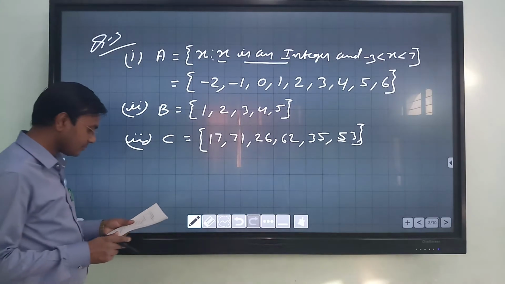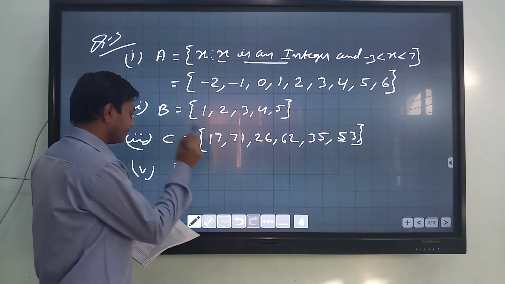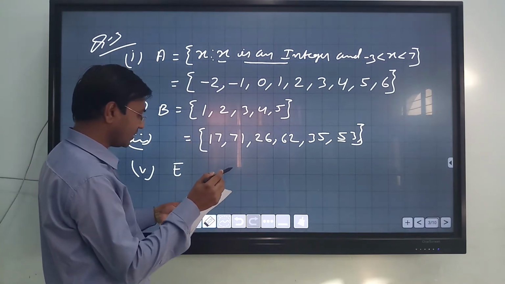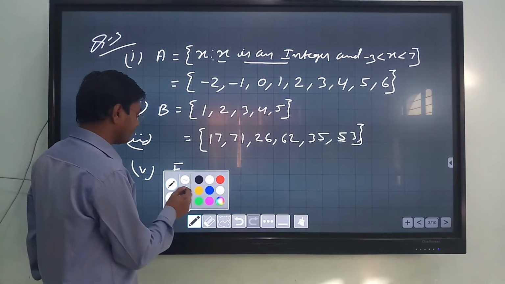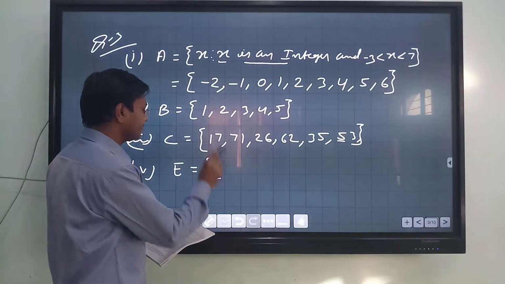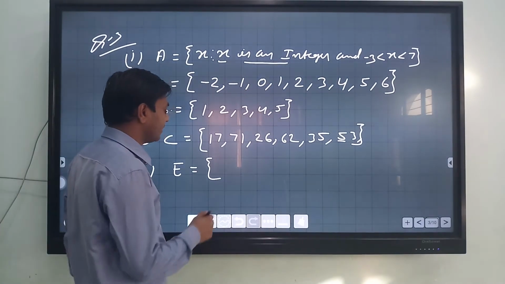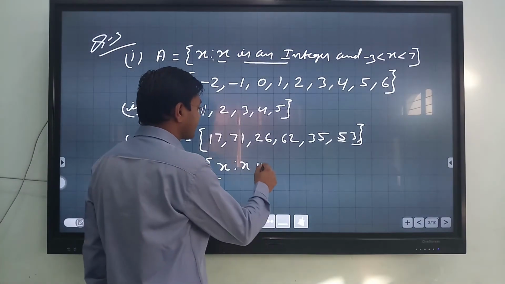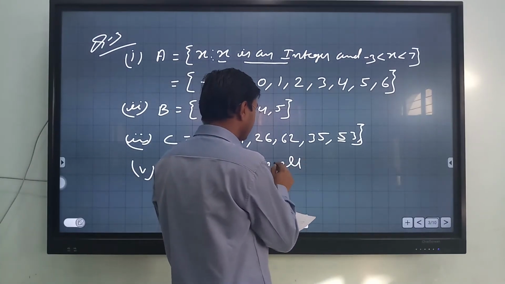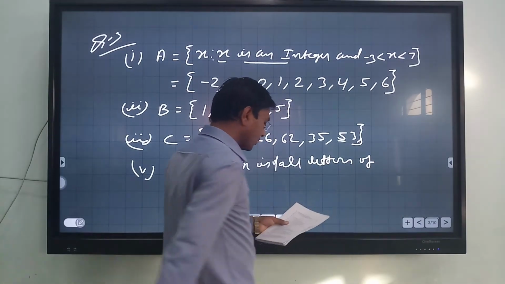Next I'm taking the fifth part, E. Now the fifth part, E equals the set of all letters in the word trigonometry. So X is such that X is one of all letters of the word